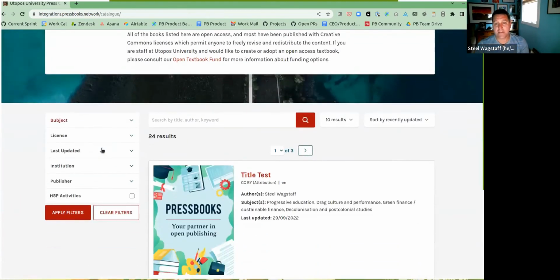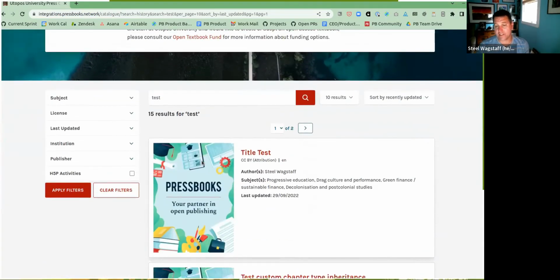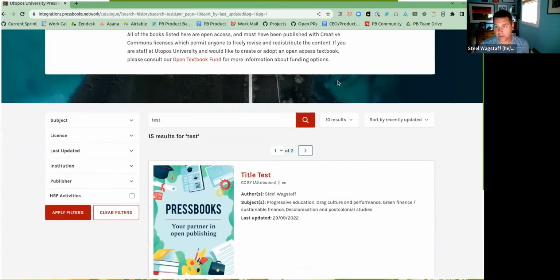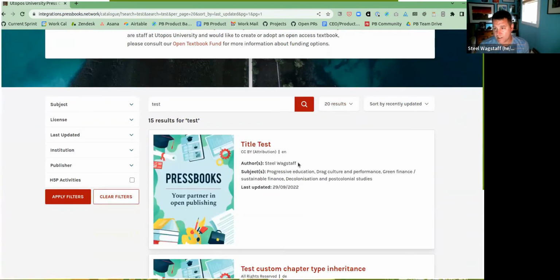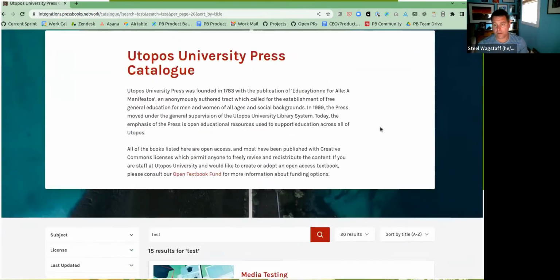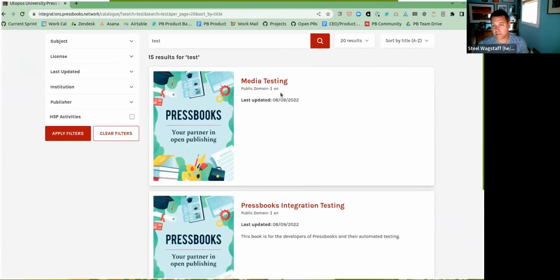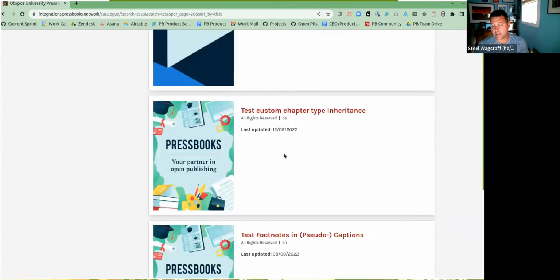Here's my catalog. And then in the catalog, you'll see this looks and functions much like the Pressbooks directory, but it's just for your network. So the first thing I might want to do is search, and you'll see I have 15 results per test. So I can see I have 15 test books. I can choose to display, let's say, 20 results on a page so that I no longer have to have pagination. Right now it's reloading every time, but we're working on that. And then the other thing I could do is I could sort them alphabetically. So I've just changed the number of results that display, and I've just changed the sort order. And you can see I've got 15 results now in alphabetical order, and it's going to display some information about